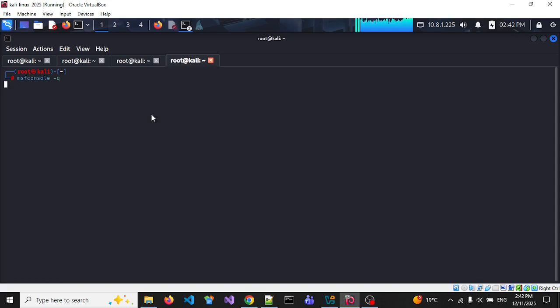Wait for that to start. Okay, so now we're going to use exploit multi-handler. This is to get our connection back from the target. So we'll use that. We need to set the payload